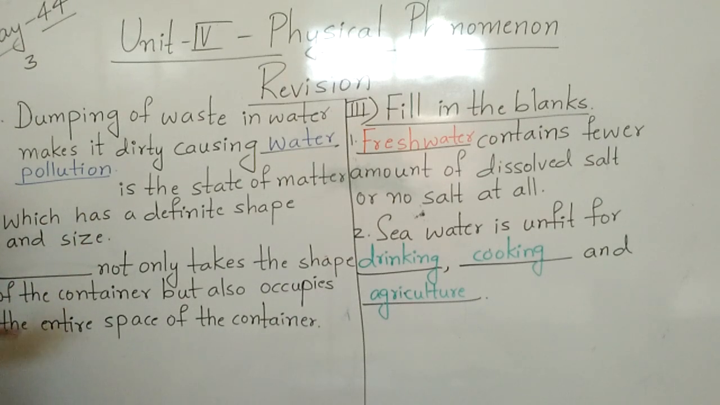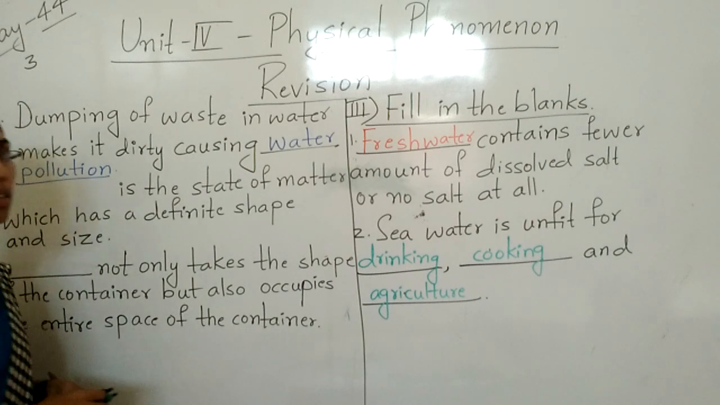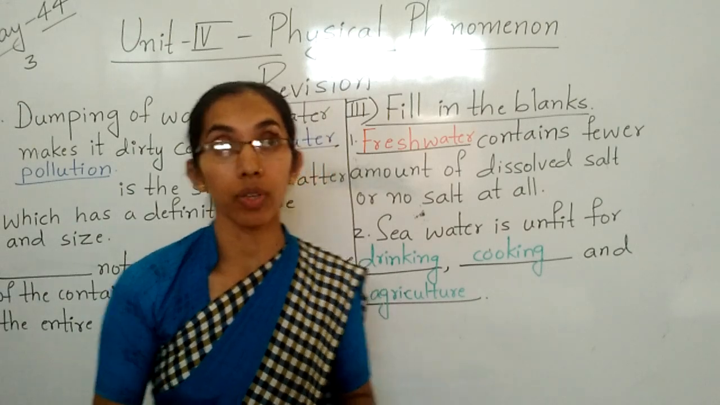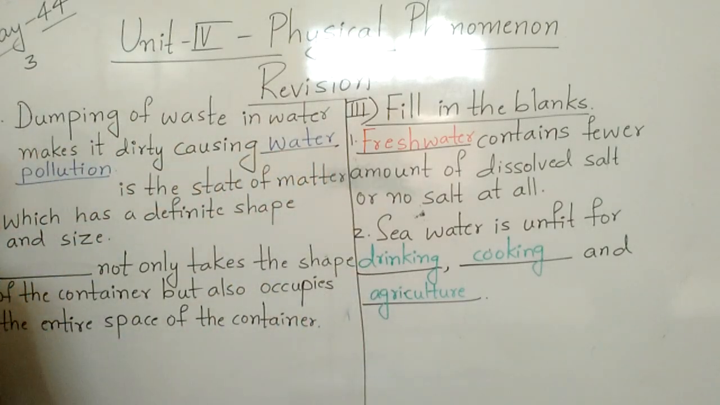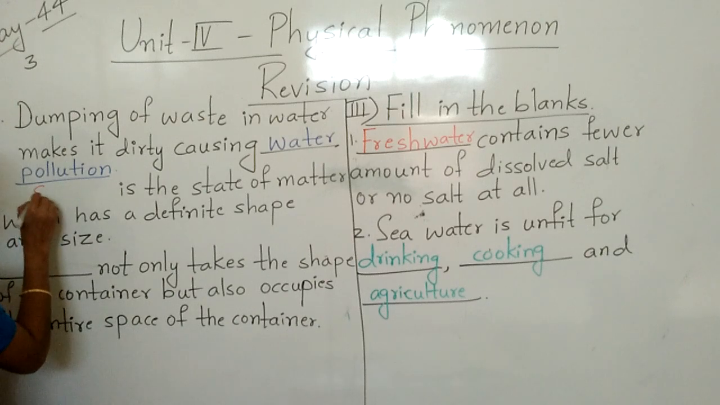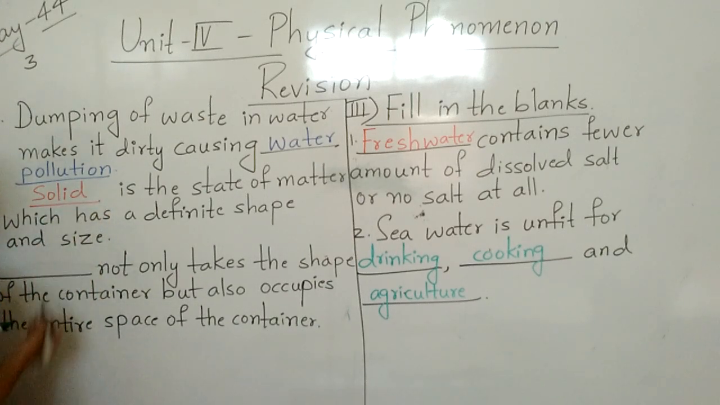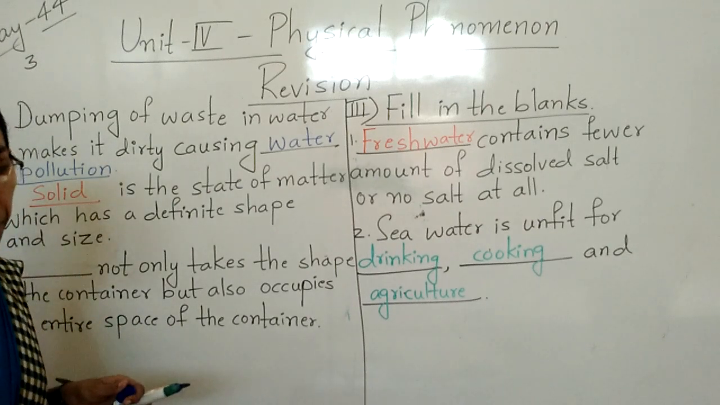Dash is the state of matter which has definite shape and size. Which matter has definite shape and size? Which, tell me children, yes. What is that? Solid. Solid is the state of matter which has a definite